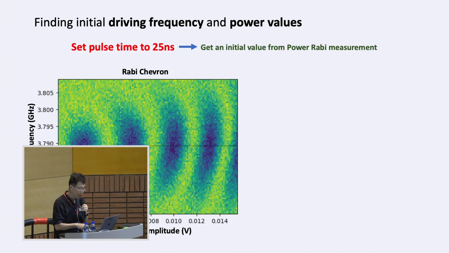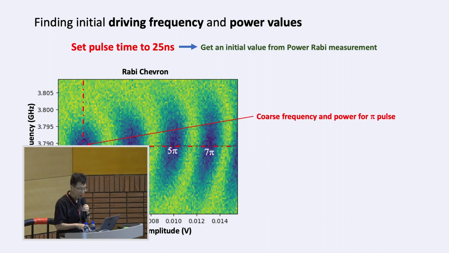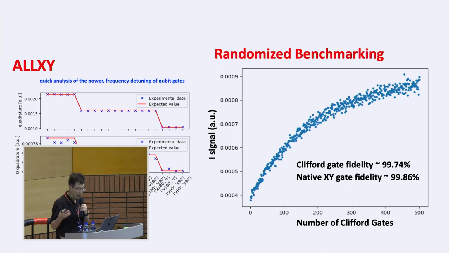And so to start with, we need to find out the driving frequency and powers to drive a single qubit. So we can do a driving frequency span with different driving power. We call this power Rabi. And with this, we get a Rabi chevron, and then we can also retrieve across frequency and power for the pi pulse. And then once we know the pi pulse